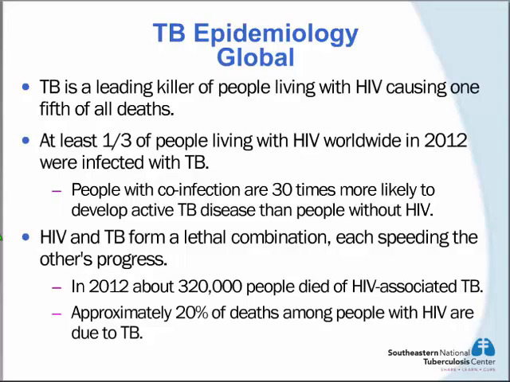At least 1/3 of the people living with HIV in the world in 2012 were infected with TB. And people with the co-infection are 30 times more likely to develop active TB disease than people without HIV. So HIV and TB form a very, very bad combination. Each of these organisms affects and stimulates the progress of each other. In 2012, about 320,000 people died of HIV-associated TB, and approximately 20% of the deaths among people with HIV are